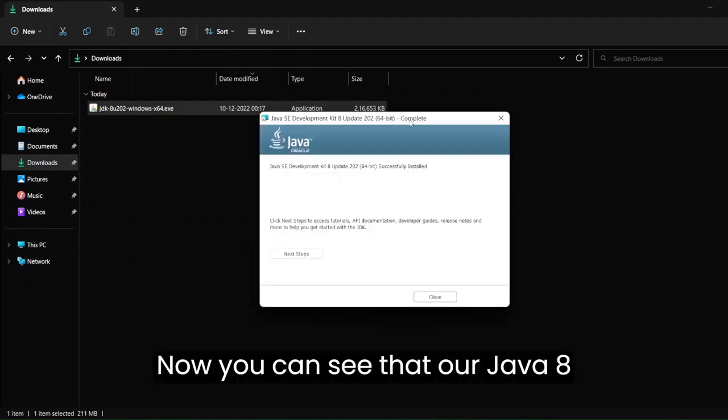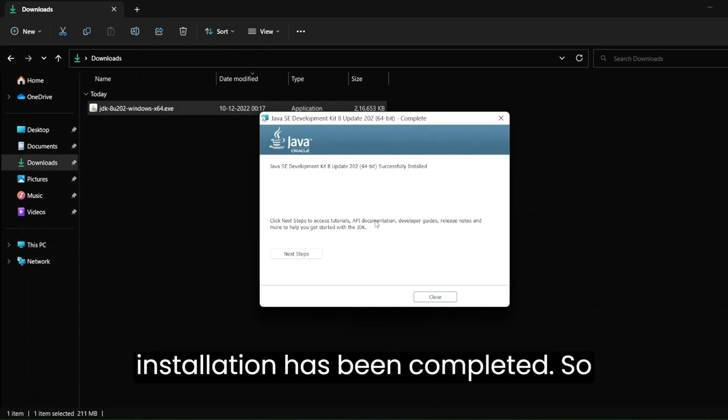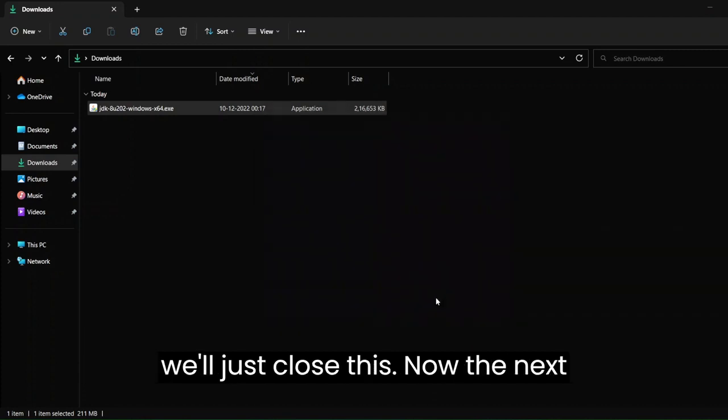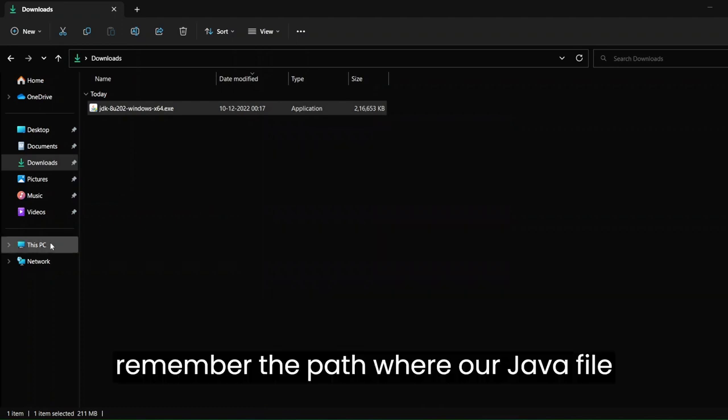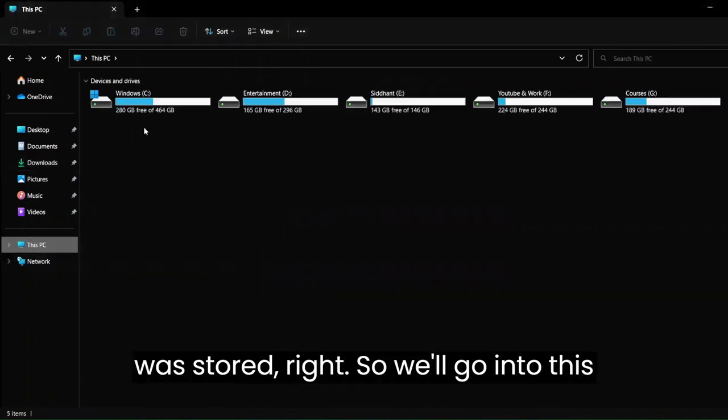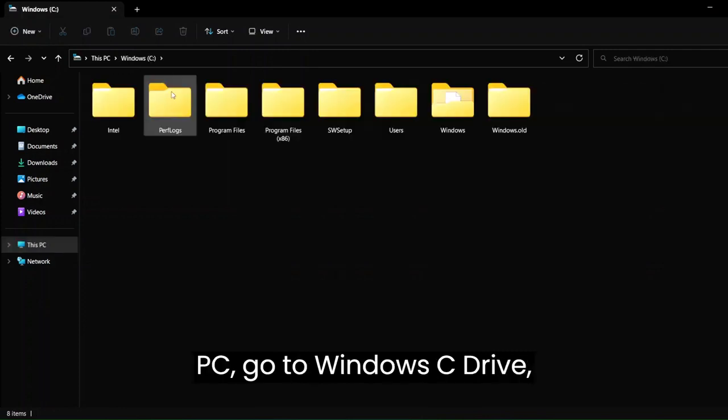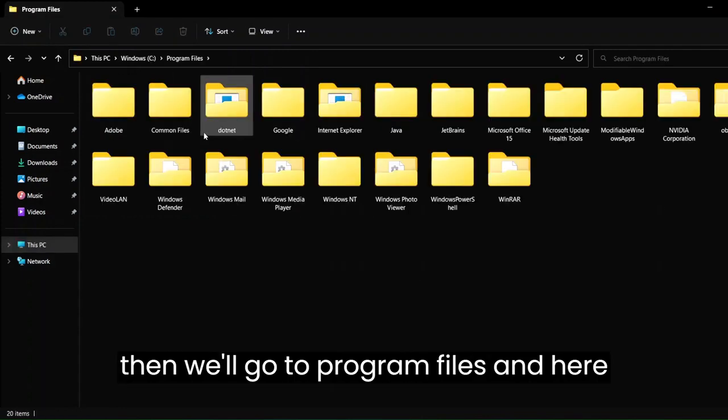Now you can see that our Java 8 installation has been completed. So we'll just close this. Now the next thing that you have to do is, if you remember the path where our Java file was stored, right? So we'll go to this PC, we'll go to Windows C drive, then we'll go to program files, and here